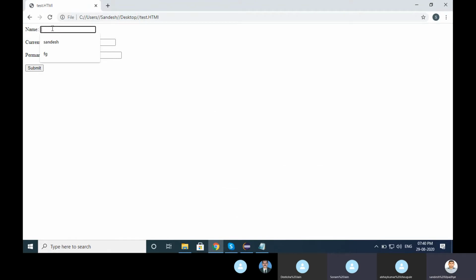And sendKeys will send some text here. So I want to send some text, right? With click, it will only click, not pass any text, because click is an action. So if I want to enter something here, how can I enter? I have to pass the sendKeys action. You got my point, right? I want to tell you. No, actually. Okay.